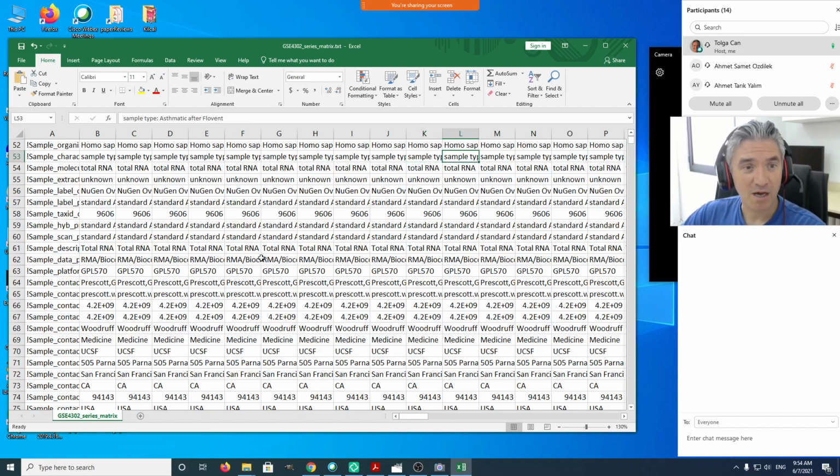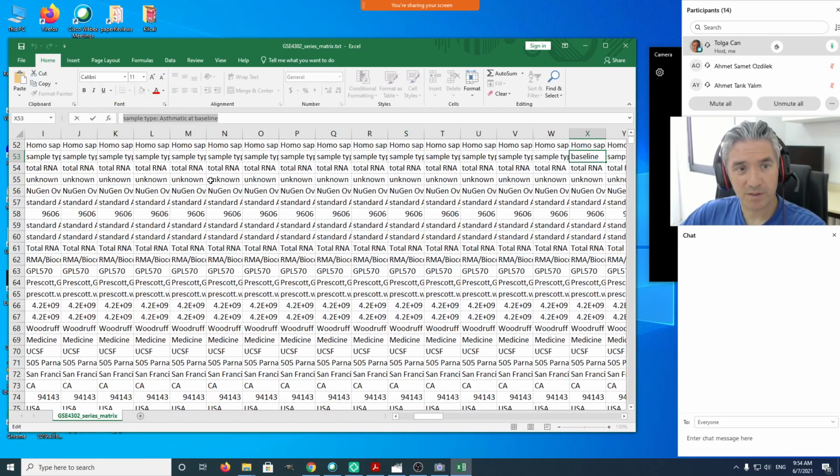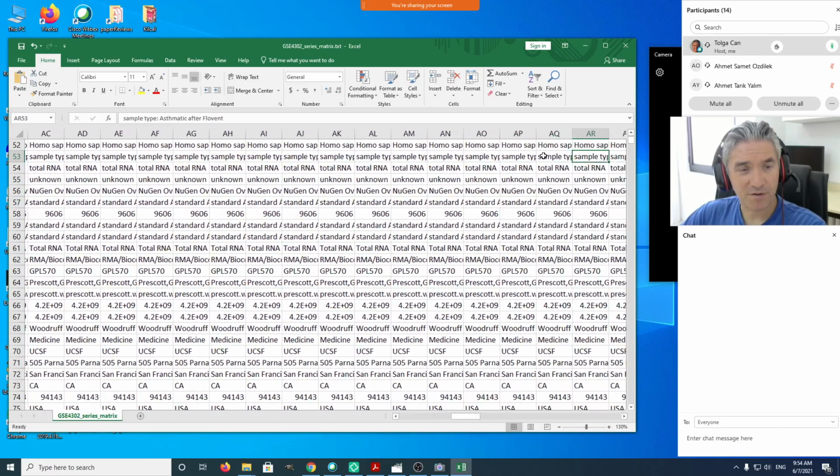This was after it was treated with Fluvent. Fluvent, I think, is a known asthma medicine. And if you look at this part, there's another baseline, and there are fewer asthmatic samples,